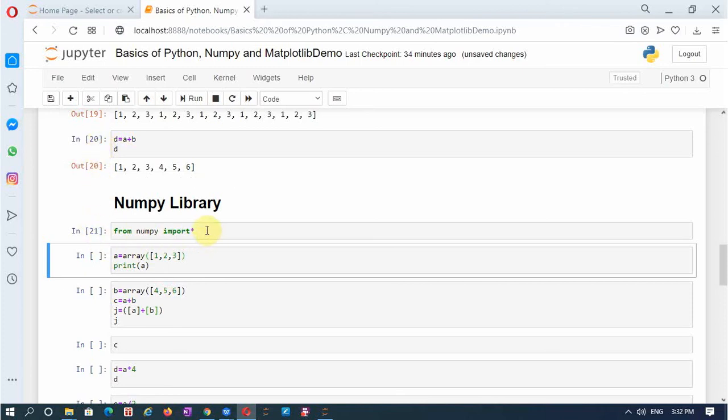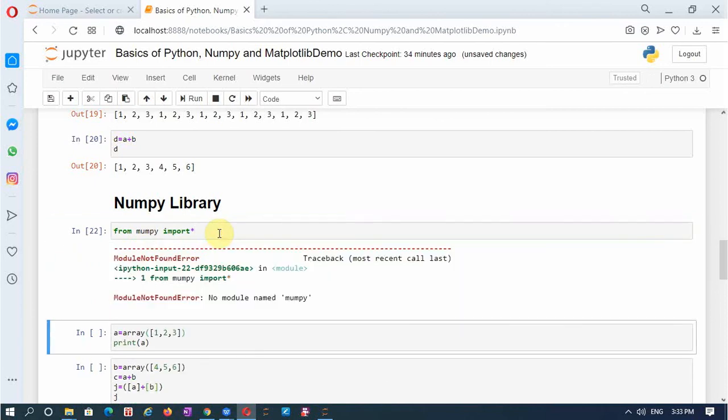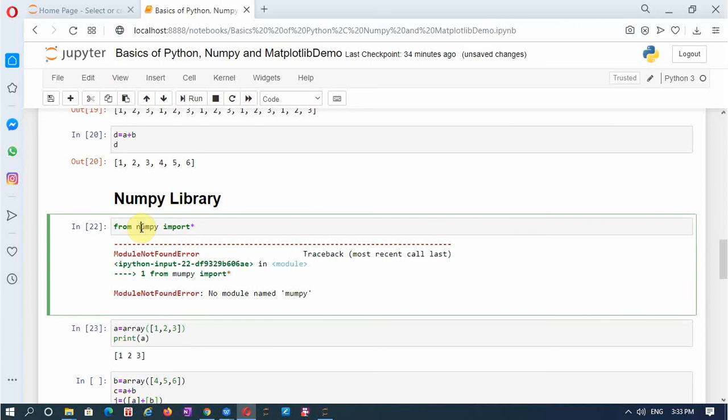This doesn't create any output, but if there is any error in this, suppose instead of typing n, by mistake I have done this, then that will give you an error indicating that something is wrong while importing. So we have to make the corrections. So I'll change it back to NumPy.